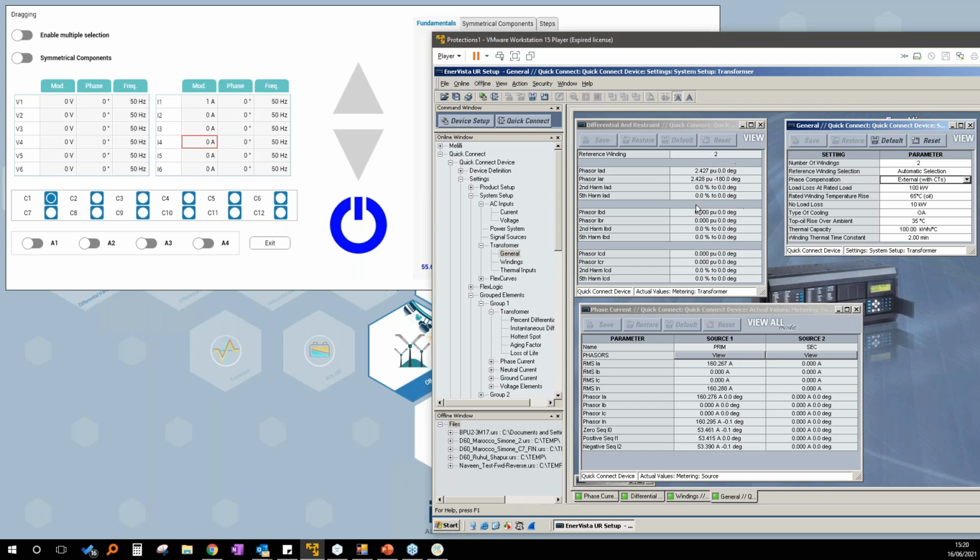Fantastic. Only one differential current, because now no compensation is applied. Now I go back to here. Please pay attention to this.